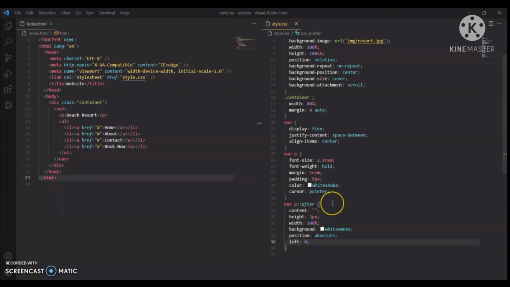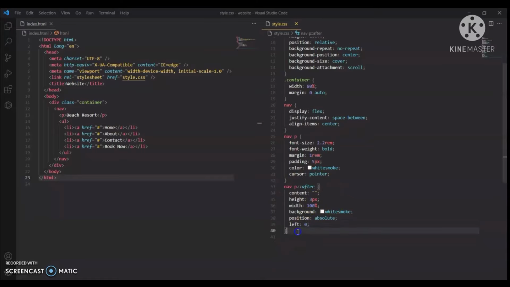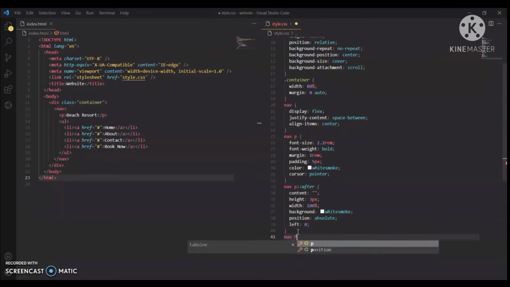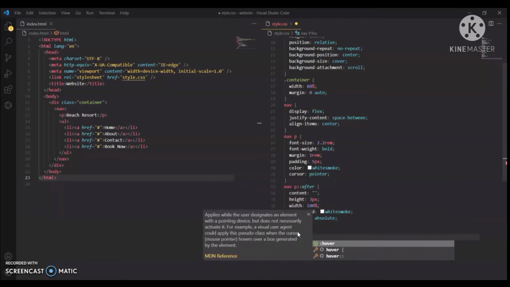So you can see that we didn't give position relative, so it considered the whole body as position relative.